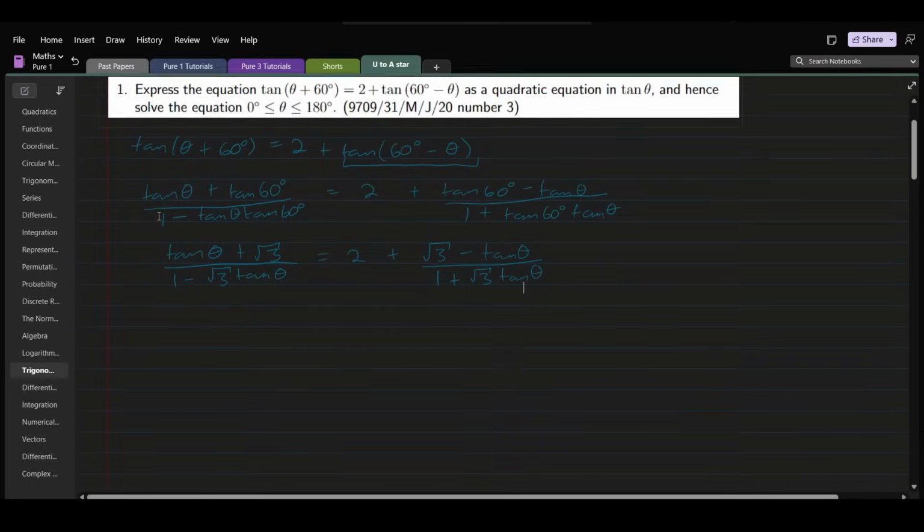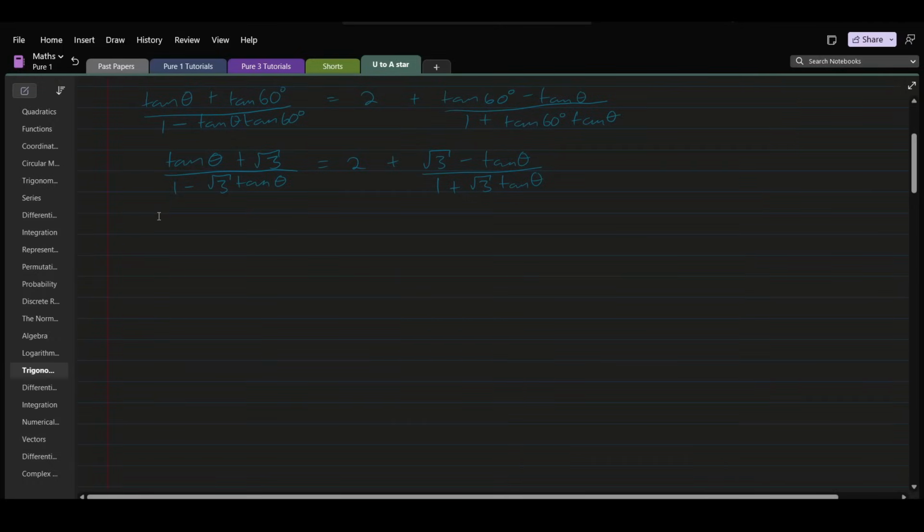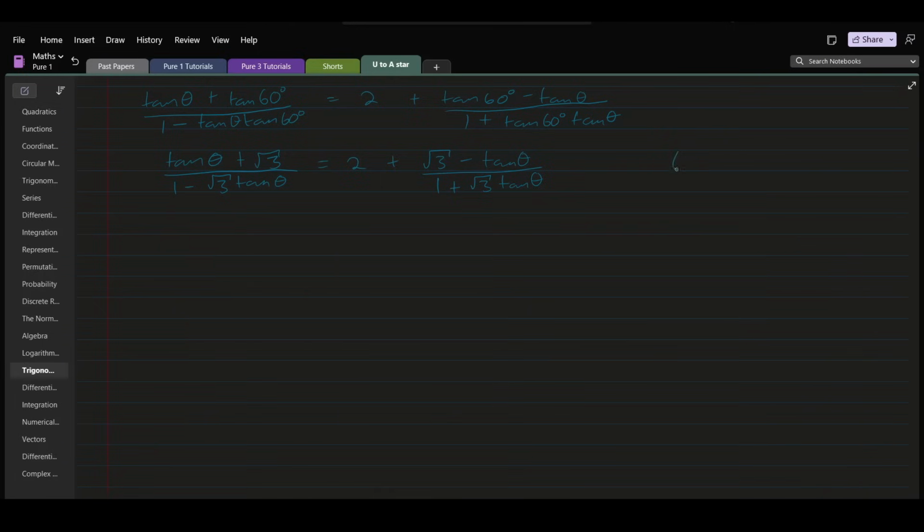Okay. And now let's get rid of our denominators. So that means we're going to be multiplying through by 1 minus root 3 tan theta, 1 plus root 3 tan theta. Okay, so if we multiply by that, here we end up with tan theta plus root 3 multiplied by 1 plus root 3 tan theta, and this is equal to 2 times 1 minus root 3 tan theta times 1 plus root 3 tan theta,